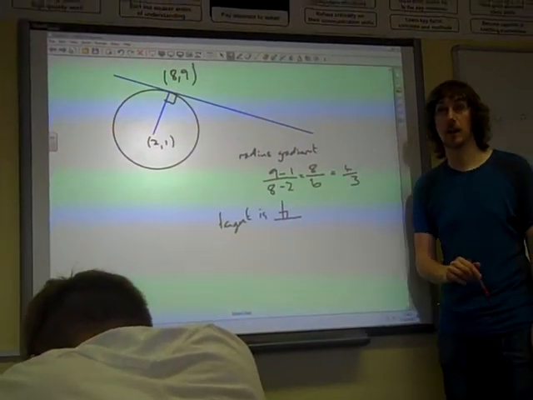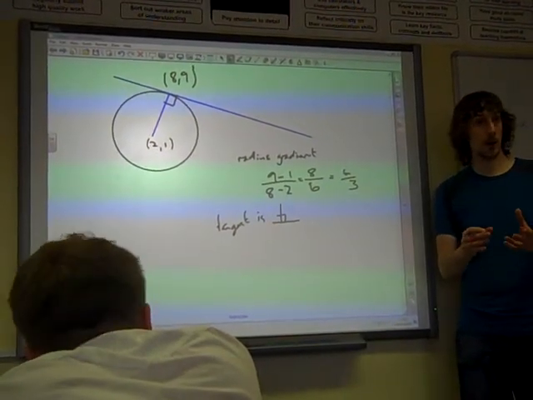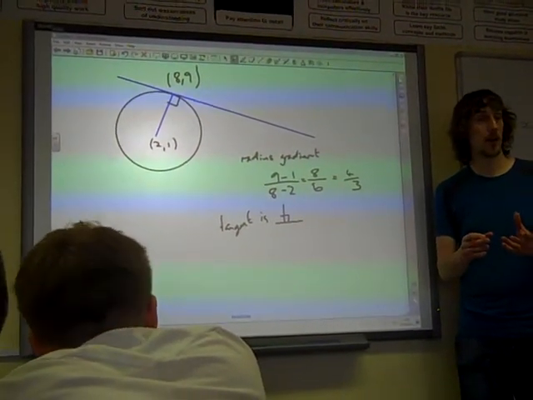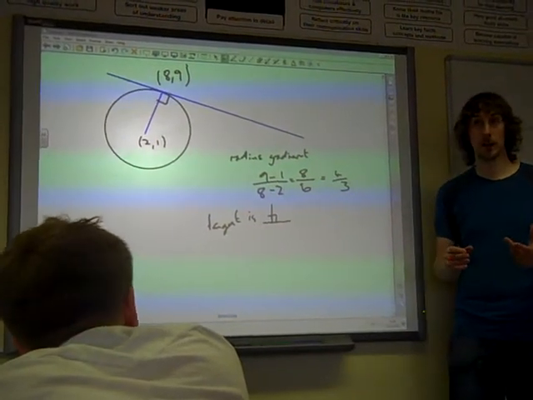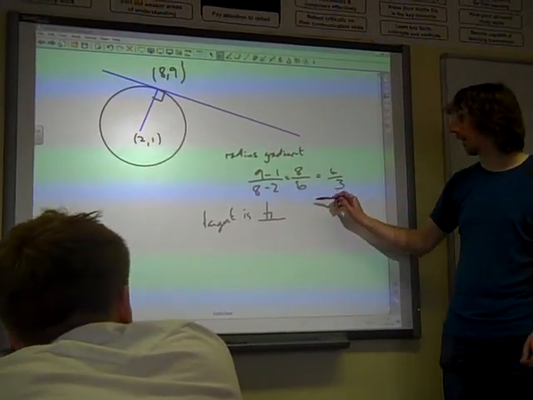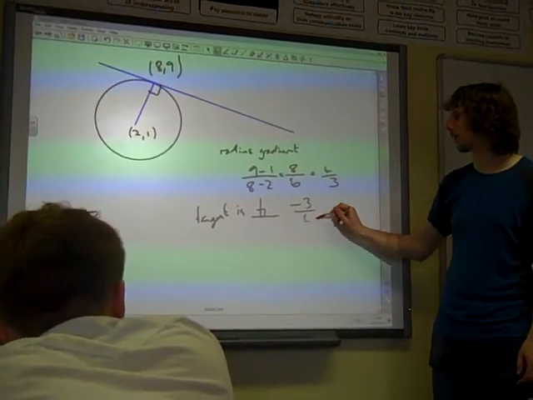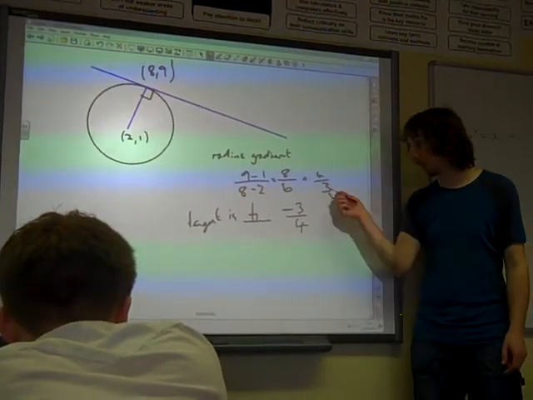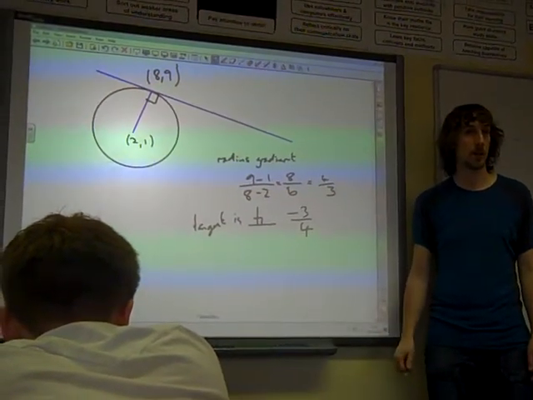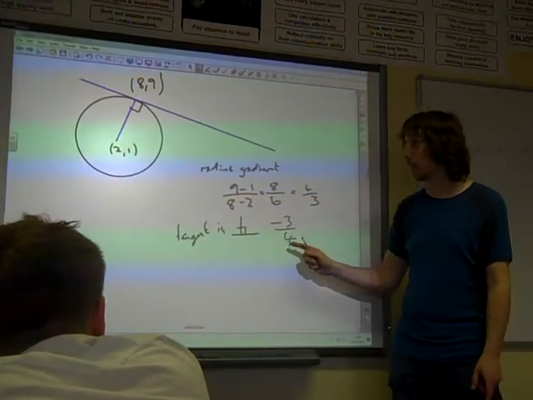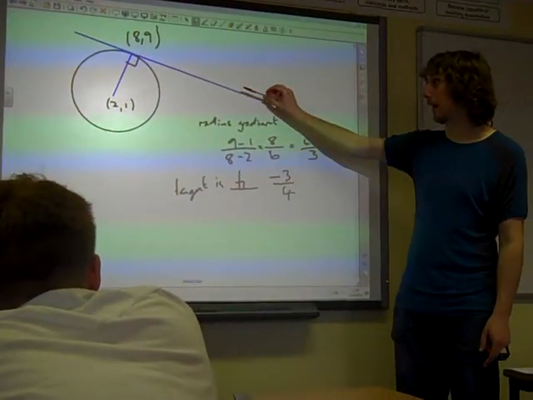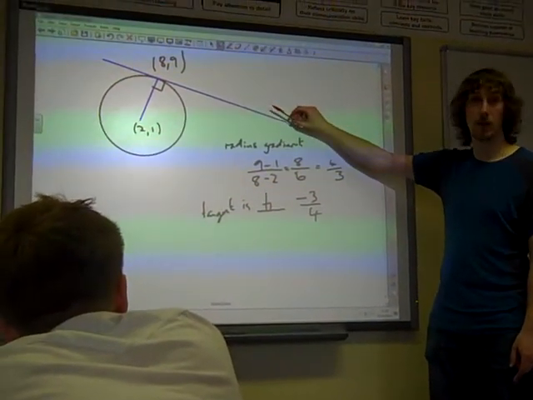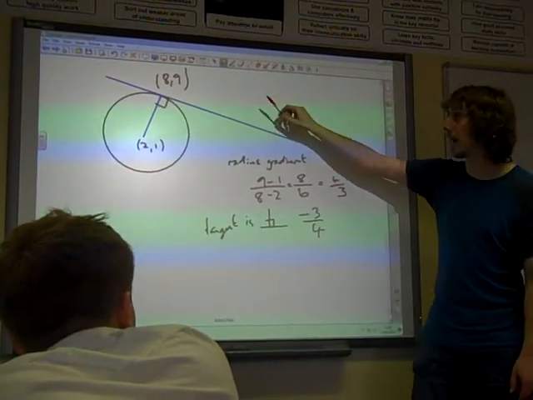One of the things that we know is that the gradient of perpendicular lines is the negative reciprocal. So we turn over 4/3 and we make it negative. So we now know that this line here has a gradient of minus 3/4 and it passes through the point